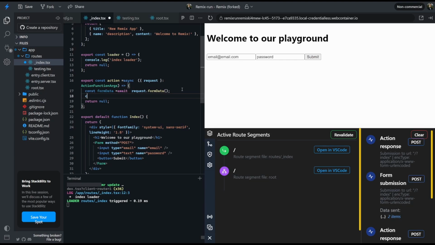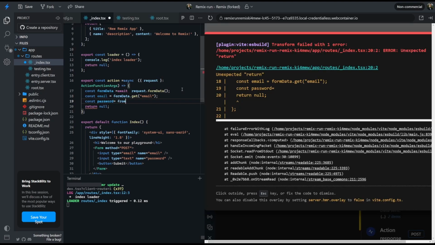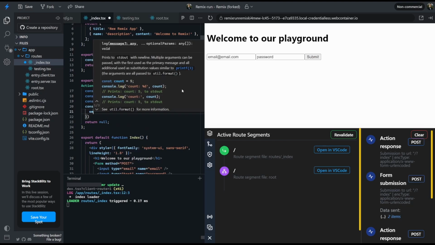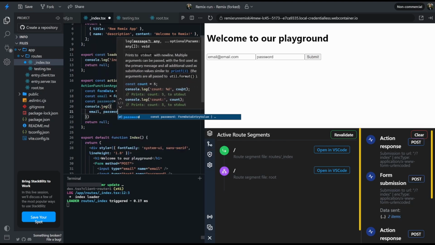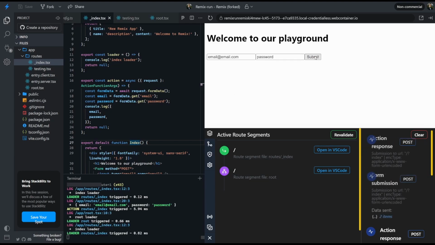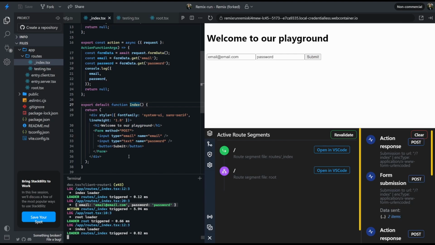And now that I have it, we're gonna say email is equal to form data dot get email and password is equal to form data dot get password, and we're gonna console log email and password, and I'm gonna save this. So let's try to submit this again. Submit, and as you can see, we got our email and password. So this is all with JavaScript. It's working. We get our email and password, we retrieve it from the form data, and